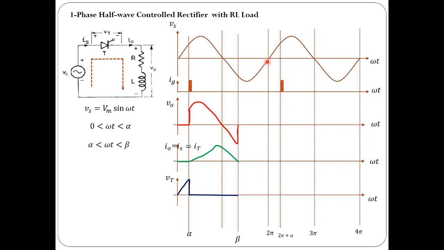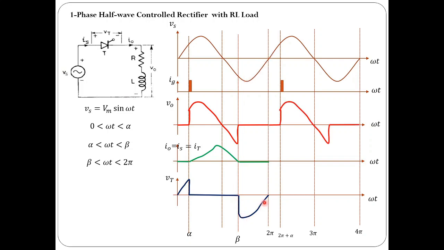Of course, practically speaking, it would take some time to turn off, but ideally, once the current is made 0 and reverse voltage is applied, it is assumed that it is immediately driven into the reverse blocking state, that is the off state. So during that off state, what will happen? The voltage across the load becomes 0, the current to the load becomes 0, and the voltage across the thyristor would be the same as the source voltage, which is already negative.